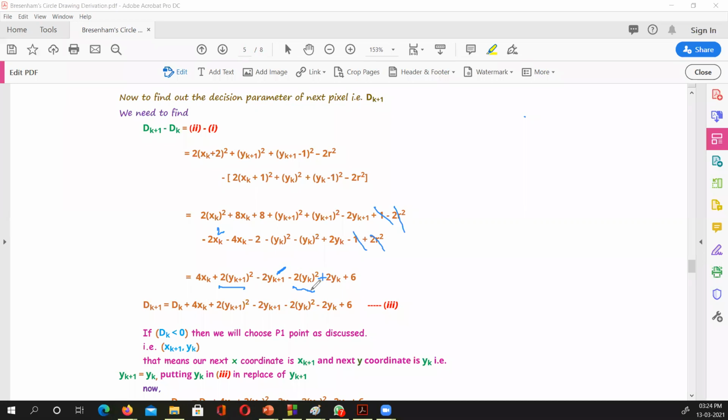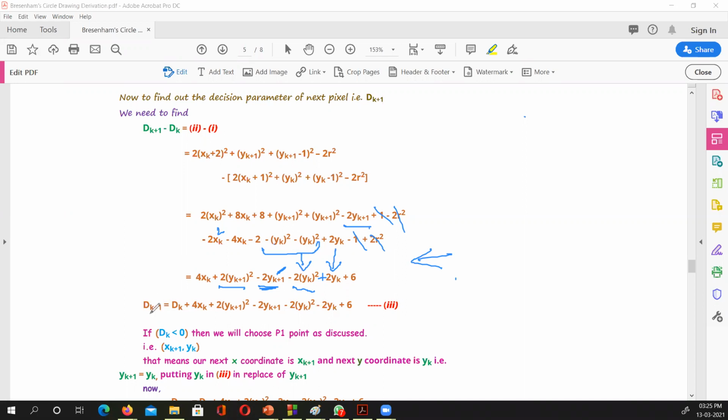मुझे लगता है कि ये twice yk स्क्वायर, twice yk स्क्वायर ये हो गया इसका, ये आ गया यहाँ पे. अच्छा, इसने ये वाला लिखा है फिर यहाँ पे, हाँ ठीक है, ये हुआ twice yk स्क्वायर माइनस, और ये माइनस twice y of k plus 1, ये यहाँ पर आ गया, और ये twice yk यहाँ पर, ठीक है सारा, और प्लस 6 बाकी कट गया. Just check it out.